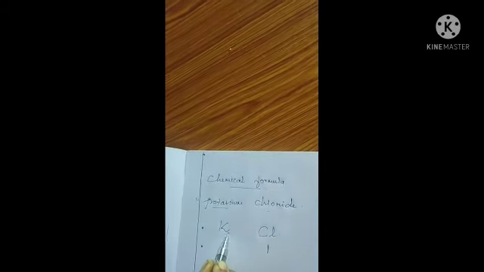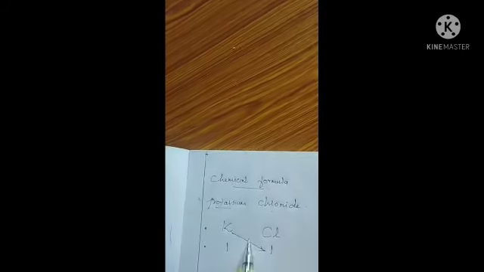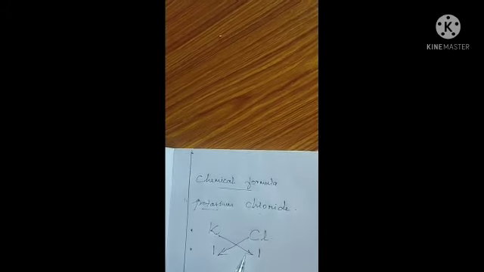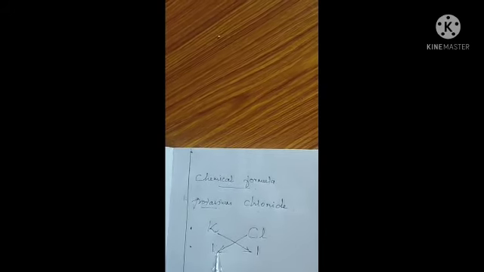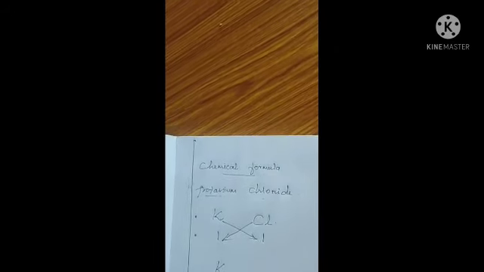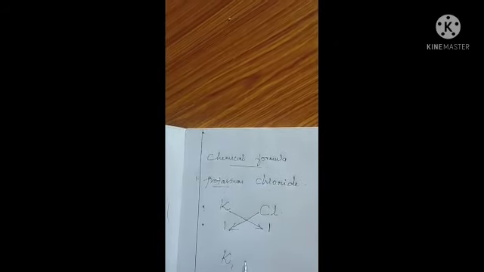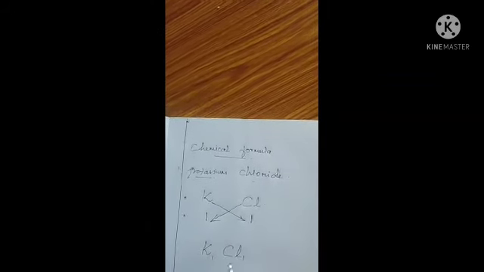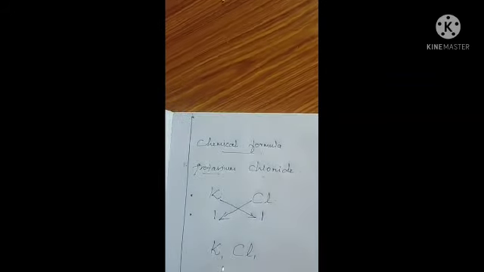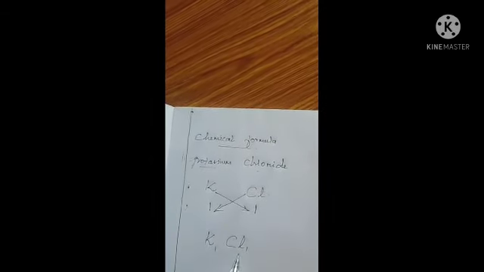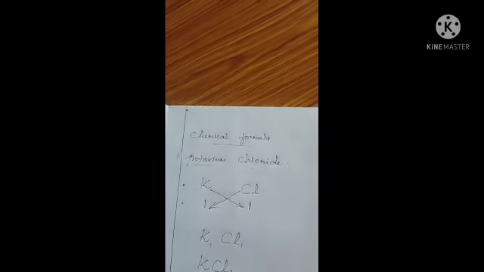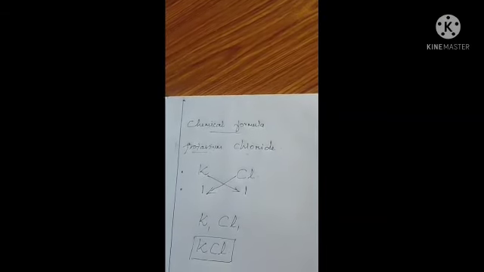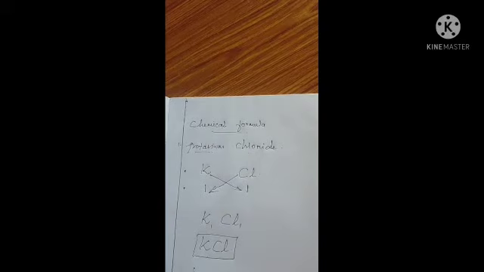Okay. Next, the third step is we want to cross over those valencies. Okay. So, for K it is 1 and for Cl it is 1. So, this we write as their subscripts. So, K1, Cl1, is it? Okay. So, we can divide this by 1 only, is it? So, we can remove this 1 and we can write simply KCl. So, this is the chemical formula for potassium chloride. Have you all understood? Yes.